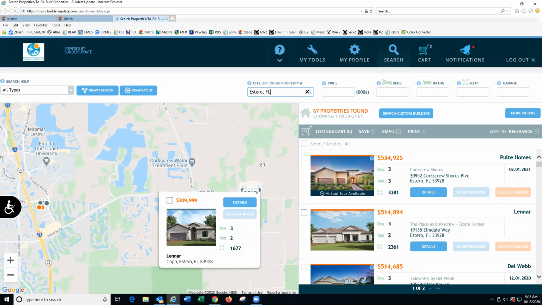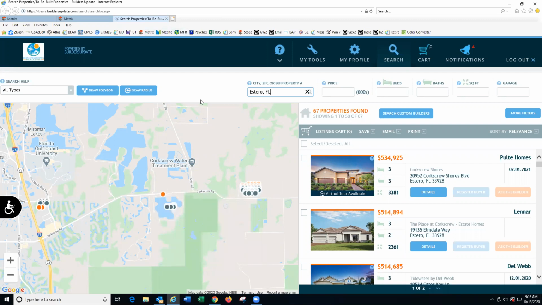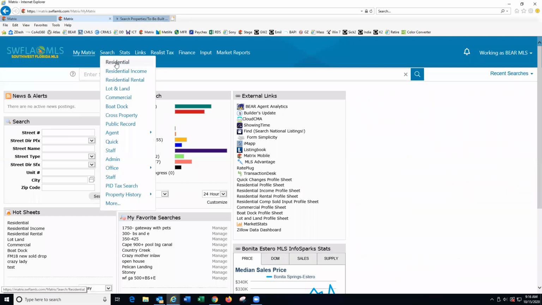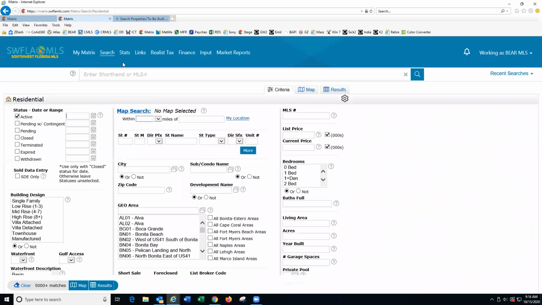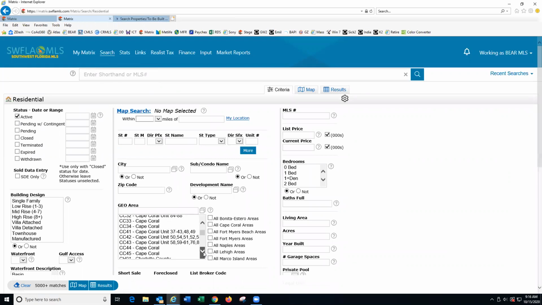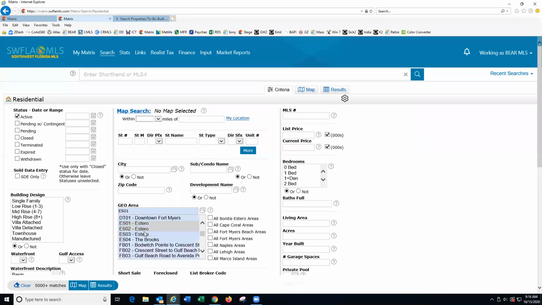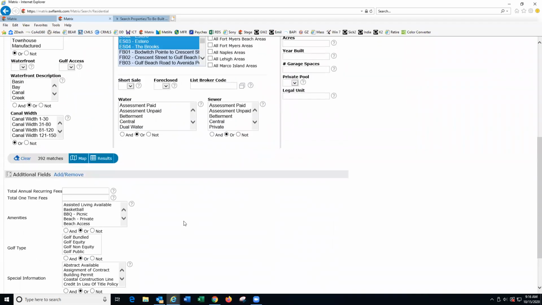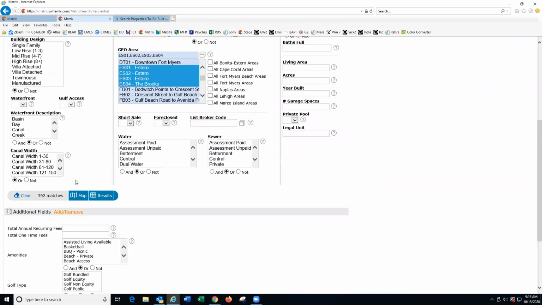I'm going to click back into Matrix. I'll keep this up. Now let's search for residential properties, active, and scroll down, all of Estero. But we'll need to do something else to find some information about this. We want to see new construction, pre-construction. So what I can do